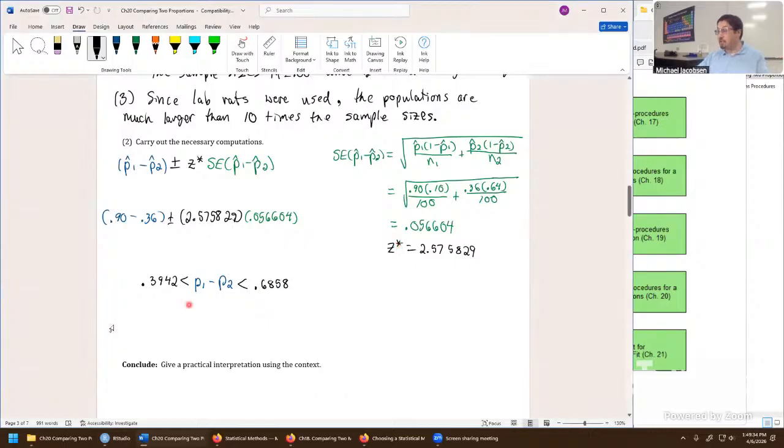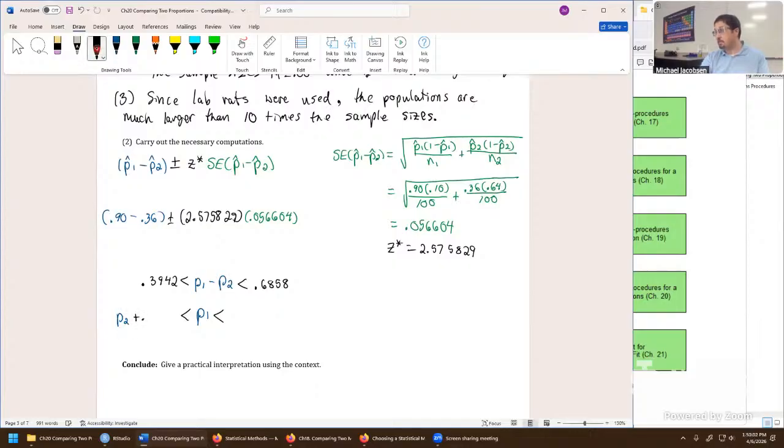And now we have the difference of survival rates or death rates, is the way it's actually phrased. The difference in death rates between the cocaine group here, P1, and the heroin group here, P2. And we can go even one step further just to make our interpretation flow a little bit better with the actual English we put down on paper. Let's solve for P1 in the middle, just like we did in chapter 18. And you'll get P2